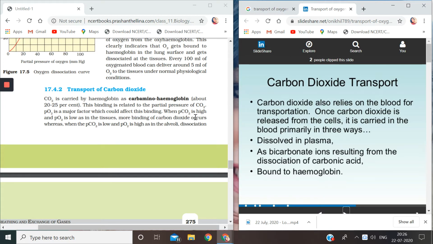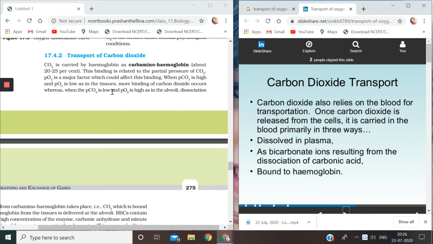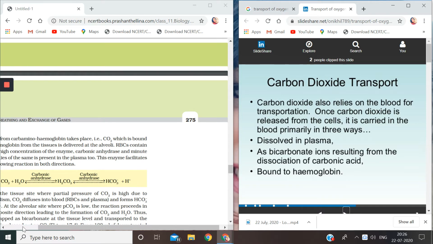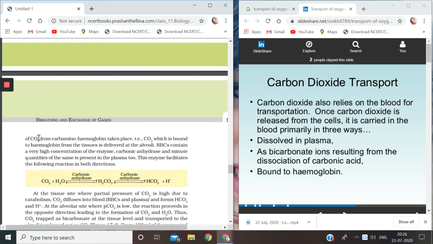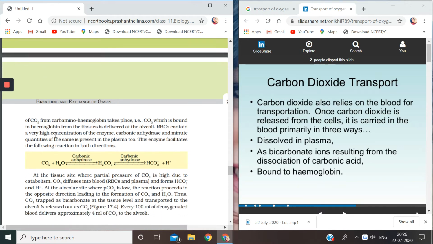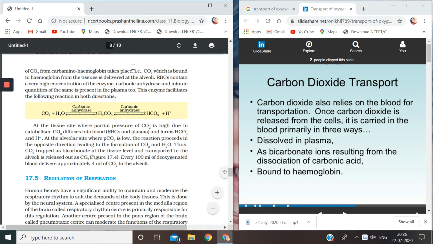More binding of carbon dioxide occurs. Because PCO2 is high, CO2 will bind with the hemoglobin, whereas when PCO2 is low and PO2 is high, as in the alveoli, dissociation of carbon dioxide from carboaminohemoglobin will take place. That is, carbon dioxide which is bound to hemoglobin from the tissues is delivered at the alveoli, and hence from